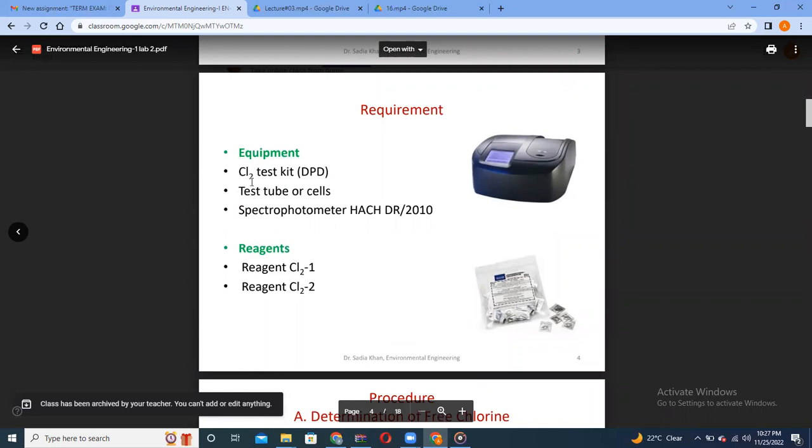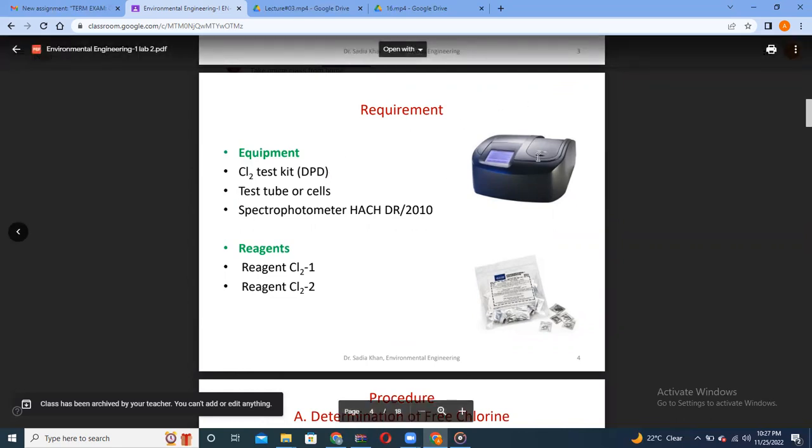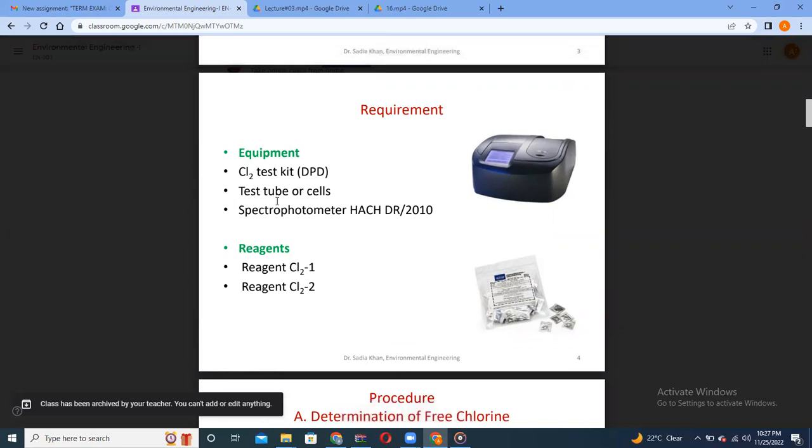First, we need the list of equipment, that is the chlorine test kit, that is DPD, and here we have the kit. And then we need test tubes for the water which we are treating. We'll use the water in those test tubes. Then we'll use a spectrophotometer. And what are the reagents that will react with water? First reagent is chlorine, and